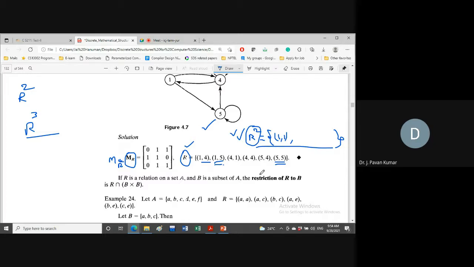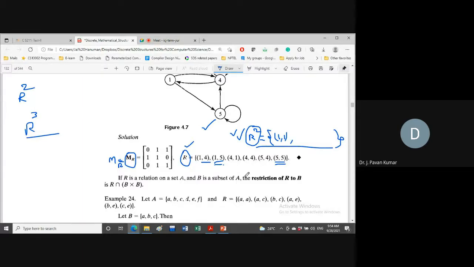Now one example here. Let us say 1 comma 5 is there. Will it be part of R3? Three tuples we should give: 1 comma 5, 5 comma 5, then 5 comma 5. Yes, we can consider 1 comma 5 as part of R3. Now 1 comma 4 is also the same: 1 comma 4, 4 comma 4, 4 comma 4. Like that we can write.